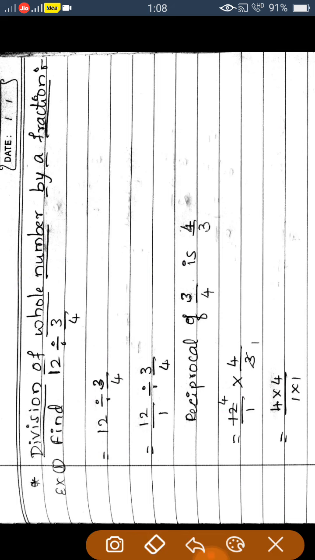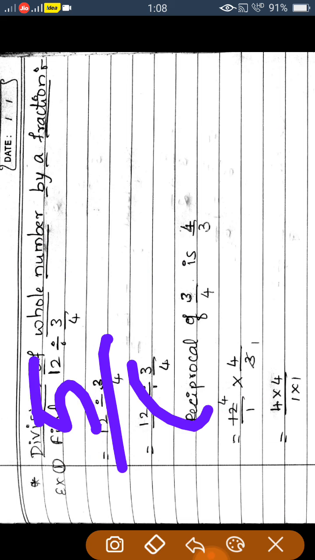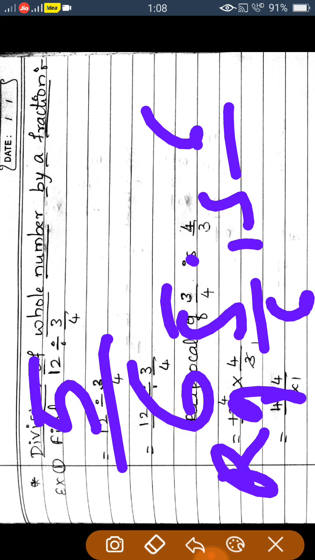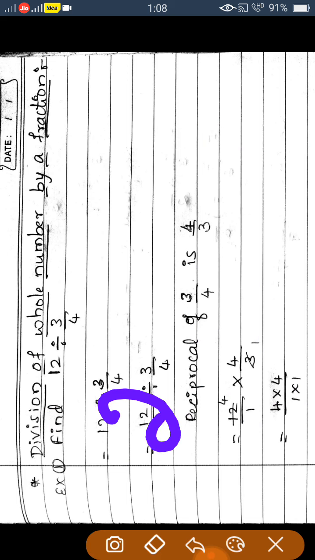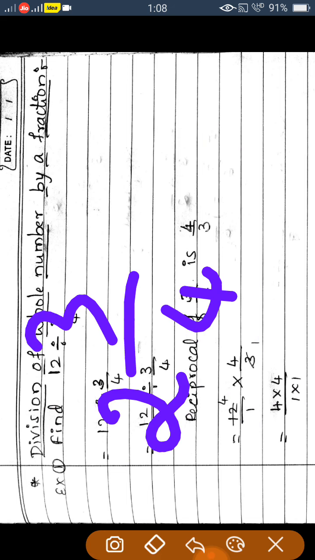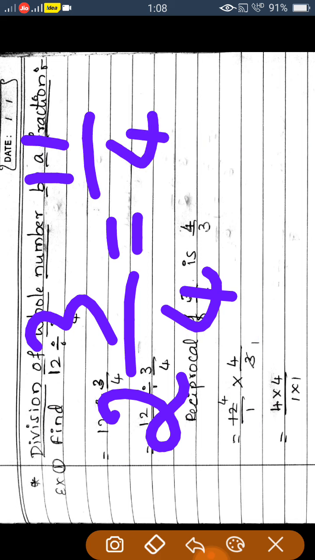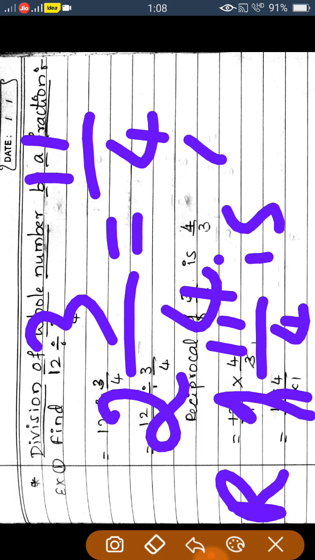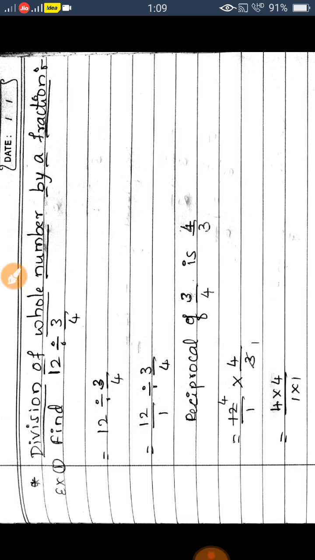Okay. Reciprocal of 5 by 6 is 6 by 5. Like this you have to write. Sometimes they may ask like this: reciprocal of 2 and 3 by 4. How can we write? That is nothing but write the improper fraction. 2 4s are 8 plus 3, 11 by 4 it is. So now we have to write the reciprocal of 11 by 4, which is 4 by 11. Like this we have to write it. Why it is necessary, I am going to tell.